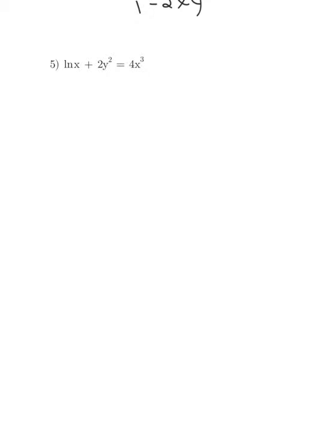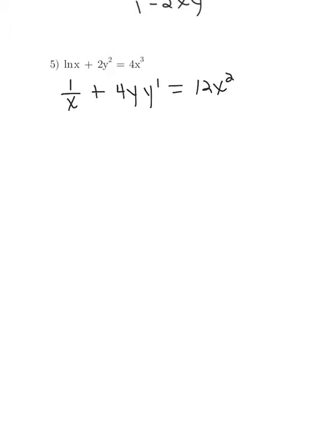Remember that the derivative of the natural log is 1 over the argument times the derivative of the argument, which is just 1. So the derivative of the natural log of x is just 1 over x. Moving on to the next term, the derivative of 2y squared would be 4y, but because it was a y variable, we have to write y prime